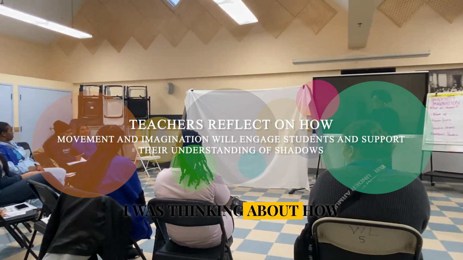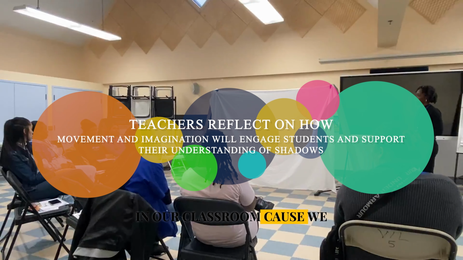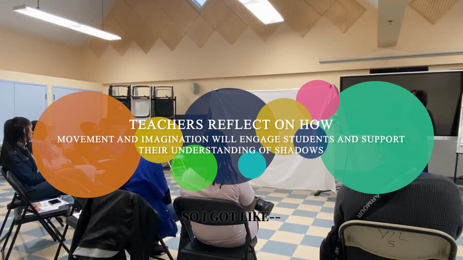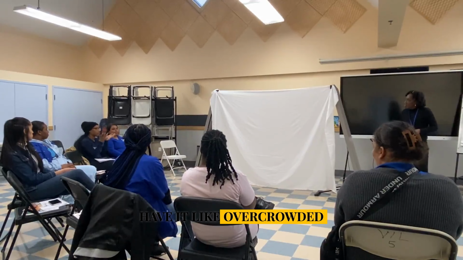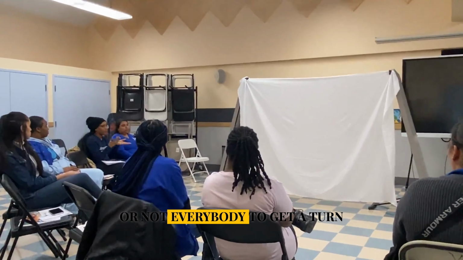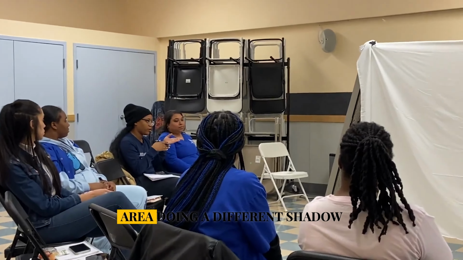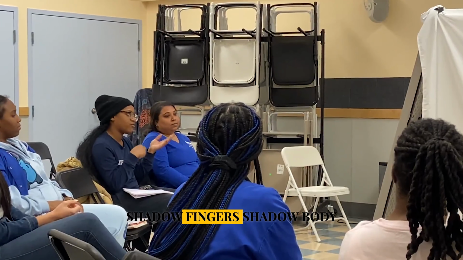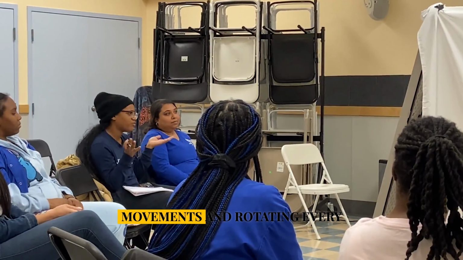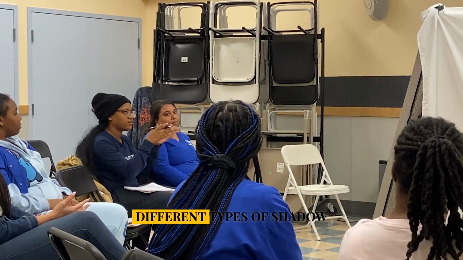I was just thinking about how it would work in our classroom because we have a larger set of children. So to make it easier, instead of doing it as a big group and having it overcrowded or not everybody getting a turn, since we have 3 teachers, each teacher in a different area could do a different shadow play. We'll do shadow puppets, shadow figures, shadow body movements, then rotate every 15 minutes so a child gets to experience different types of